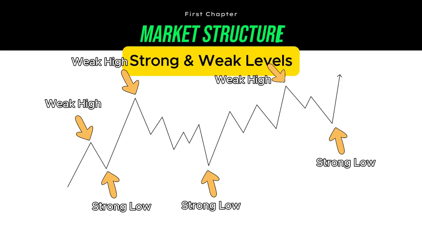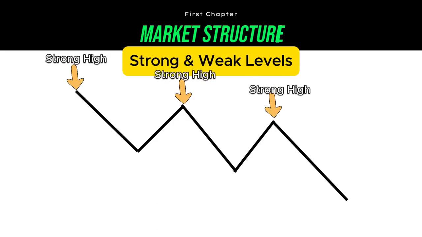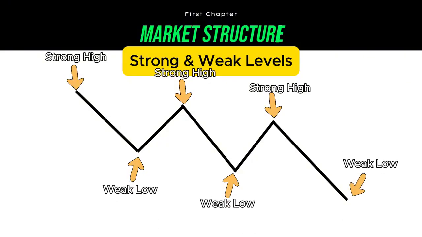Now in the downtrend, knowing that a downtrend has lows that break and highs that maintain, starting from the simple price action, price going down, pull back up, then breaking the lows. So the strong levels are the levels that don't break, and they are these levels, they are strong highs. And the weak levels are the price levels that do break, and they are these, so they are the weak